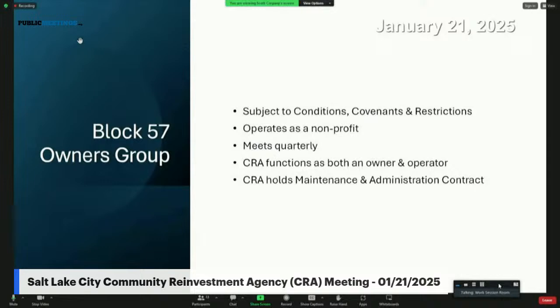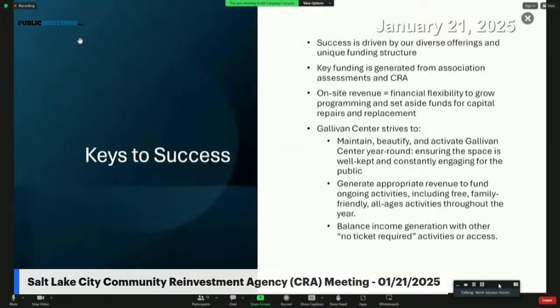These contracts outline how Gallivan Center staff are responsible for maintaining the center and the common areas of Block 57, administering various contracts, and organizing programming throughout the year. This unique arrangement ensures that the Gallivan Center and its surroundings remain safe, secure, accessible, and welcoming to the public. Next slide, please. Our success is driven by our unique and diverse offerings, as well as our unique funding